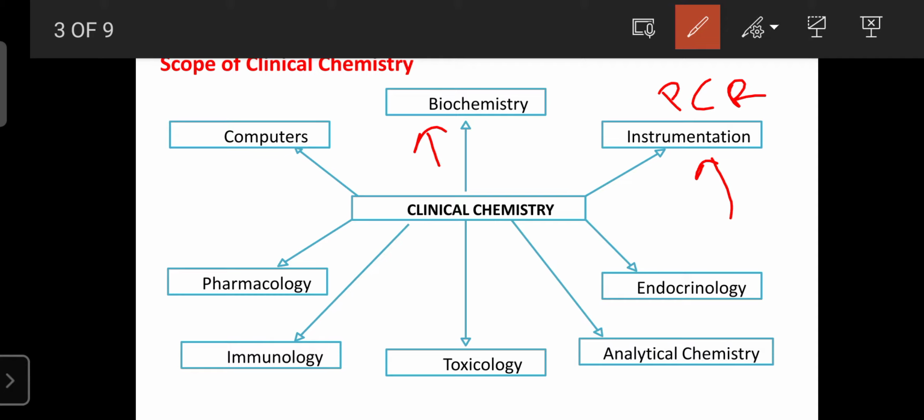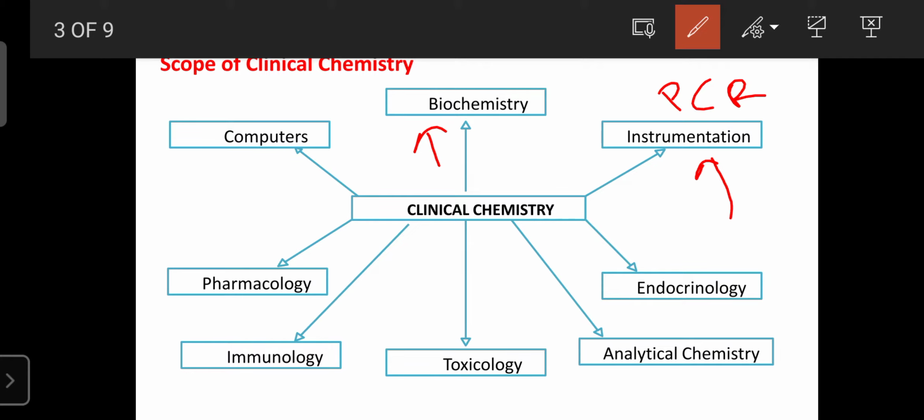The clinical chemistry can give the idea regarding how much sugar level is normal. Then also it can tell what is the abnormal sugar level. All our diagnosis is with the help of clinical chemistry. So that was encoded in code form, that code was inserted in the instrumentation, and the instrumentation can be helpful for the diagnosis of the blood sugar level.